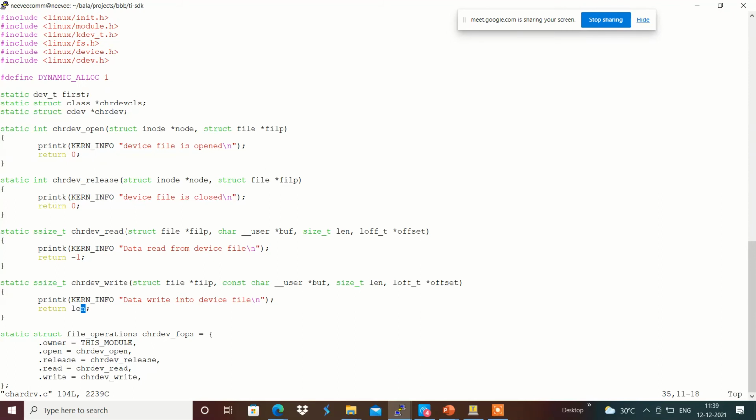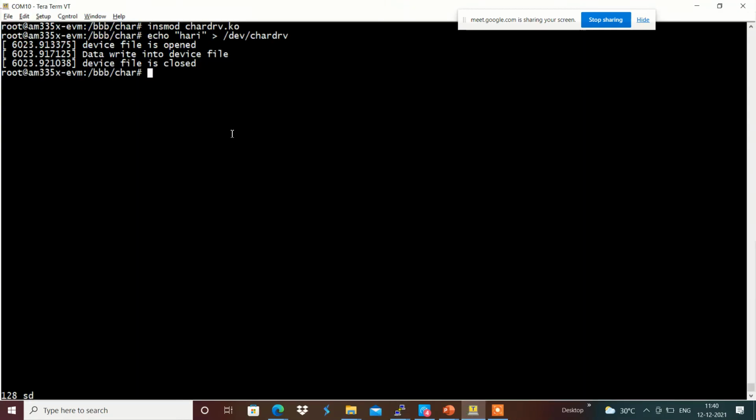The driver denotes to the user application that it has consumed whatever data length was provided. It was written back to the user application, so the user application thinks that all the data has been written, and it closes the file operations accordingly.